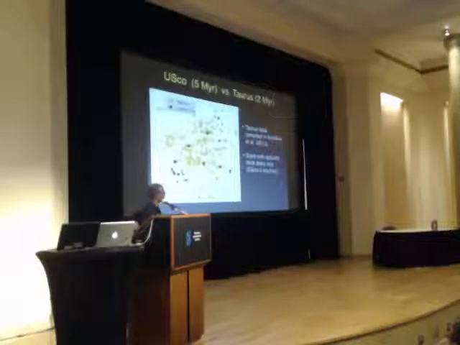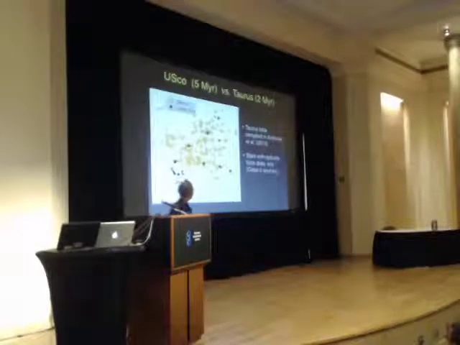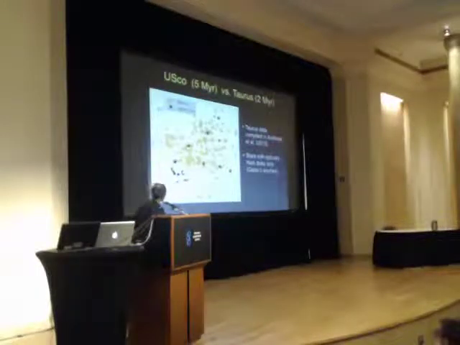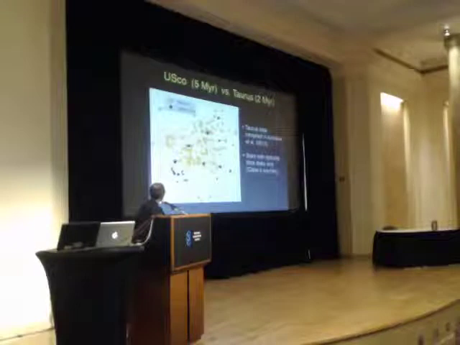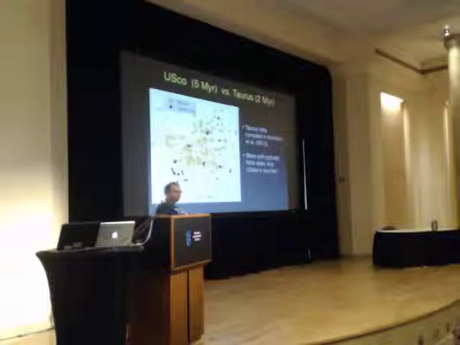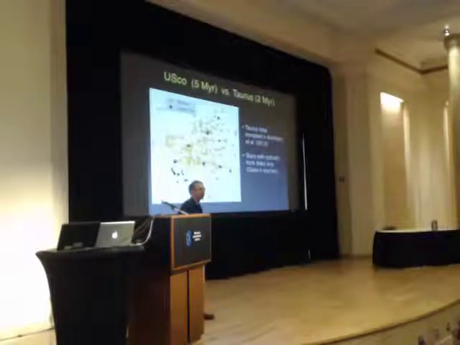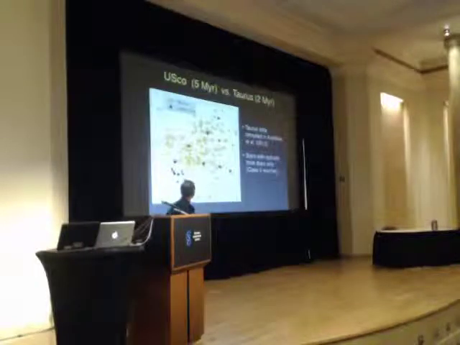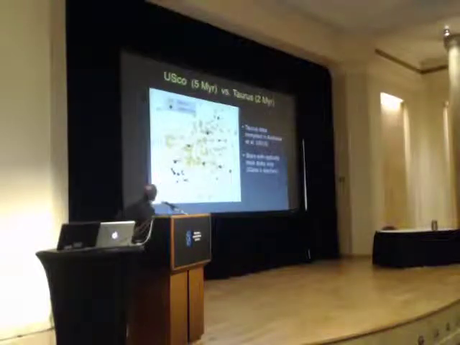Okay, so that's basically the disk properties of Upper Sco at 5 million years. Now I want to compare that with the Taurus sample that's been compiled by Sean. This again shows the disk mass as a function of stellar mass. The orange symbols here are the Taurus data, and the black symbols are Upper Sco. There are a lot more Taurus observations. Nearly all the class 2 sources in Taurus have been observed now. And in Upper Sco, we have only about 20 sources, so that's what the statistics are.